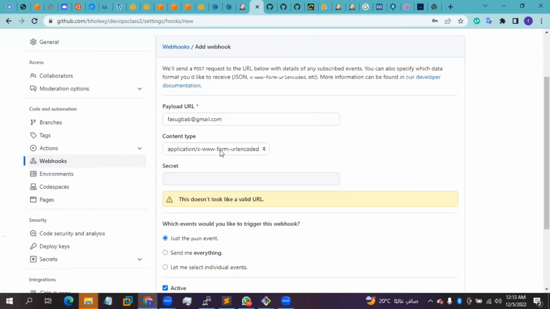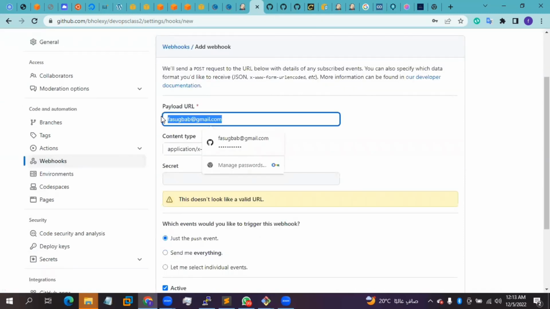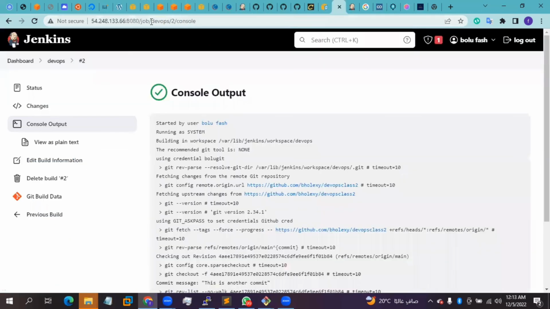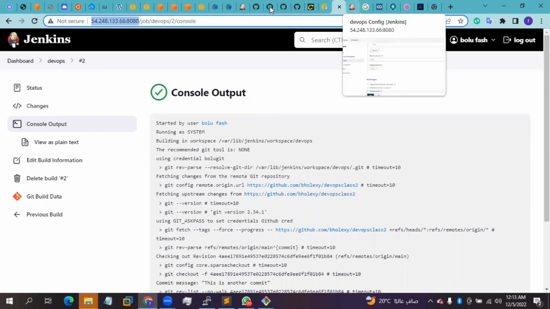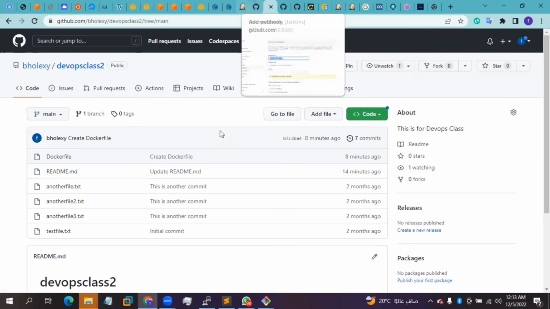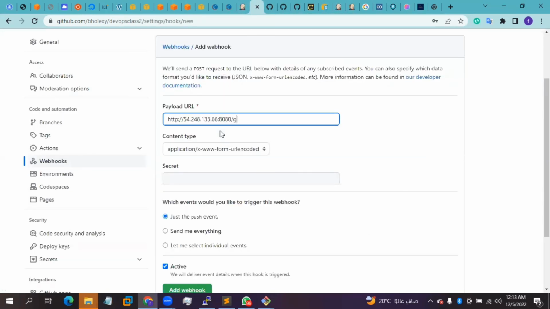and just specify the URL of the Jenkins, then github-webhook. That's what makes it an endpoint. So just /github-webhook/. And don't forget to add your / at the front. And then for the part of secret,